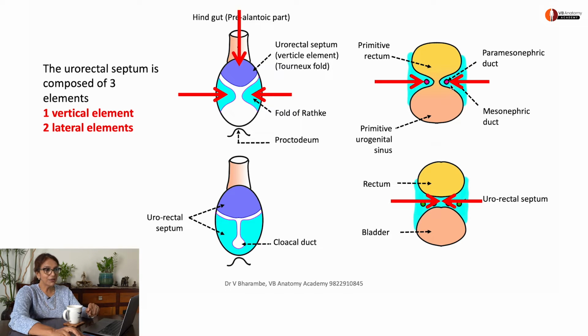Also, if you look carefully, you can see the paramesonephric ducts in the lateral septa. Do you know what they develop into? Yes, they fuse to form the uterus. So if this is in the female, they are going to form the uterus, which therefore will be existing between the urinary bladder in the front and the rectum behind. I hope you love this as much as I do.